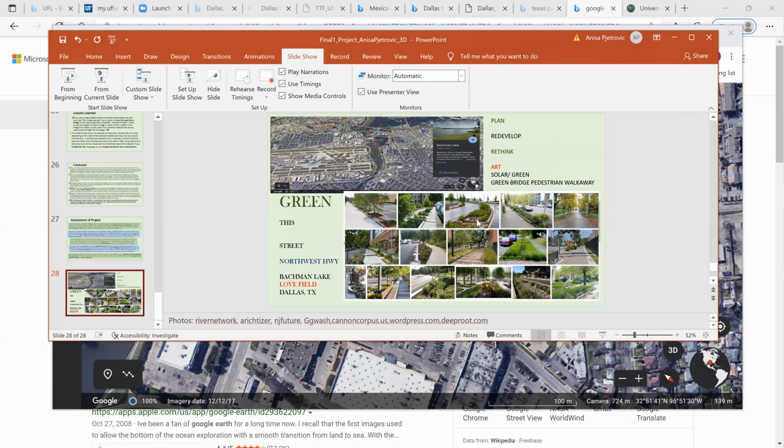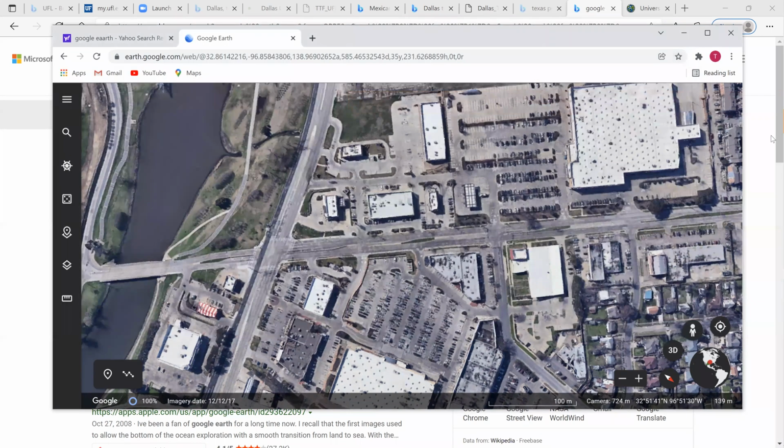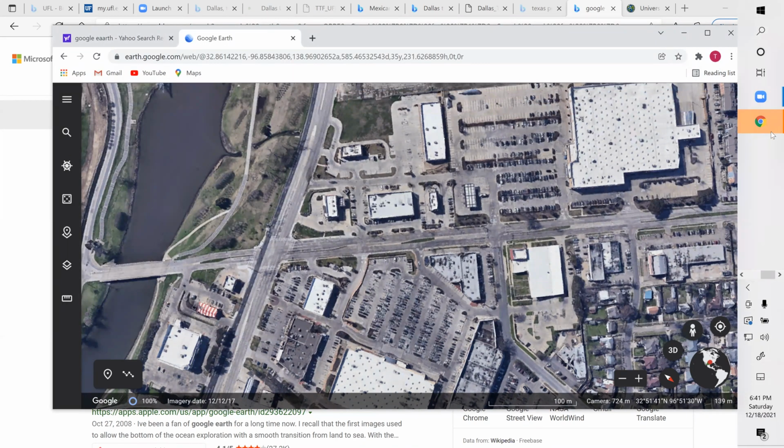You see a drain here for excess water. And that is the presentation. So thank you for